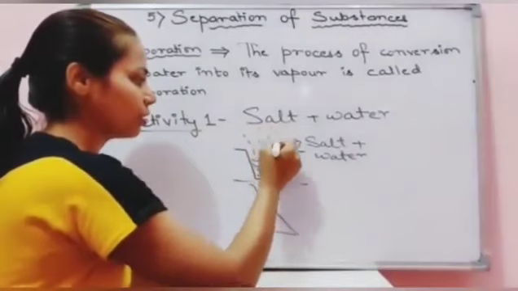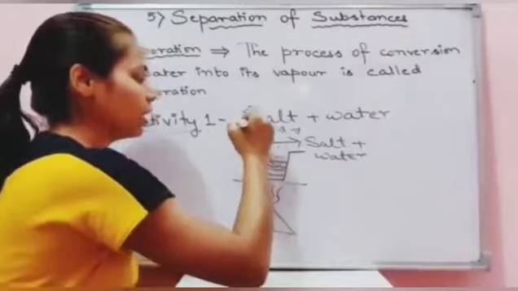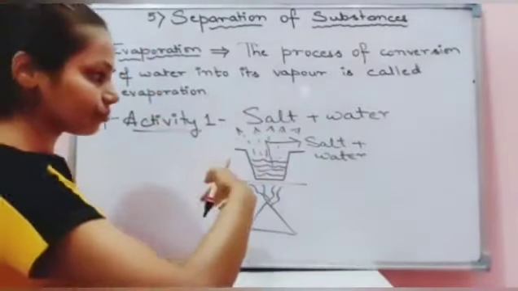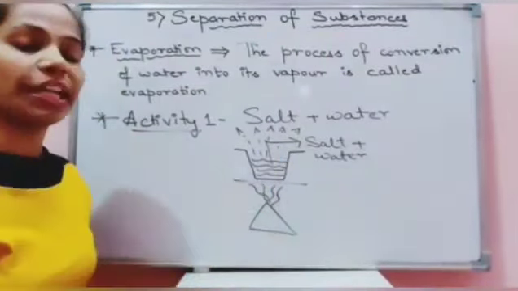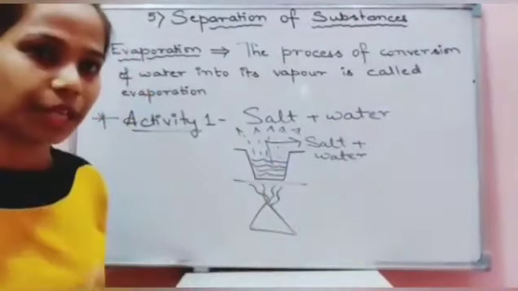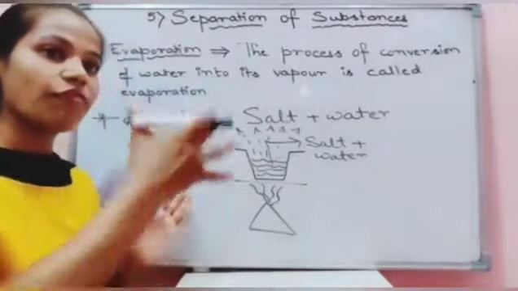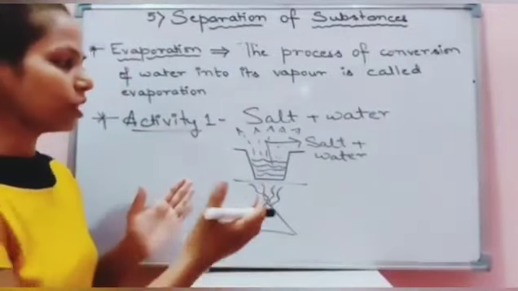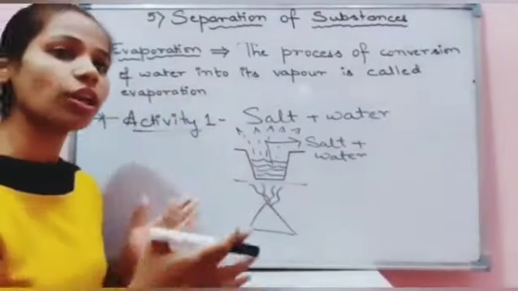evaporate slowly. And in the form of water vapor, all the water will be drawn off from the container. What will be remaining, children? Here the salt content will remain. So this is the process which shows we can separate dissolved substances, especially the salt and the sugar content, etc. The substances which are dissolved in the water.